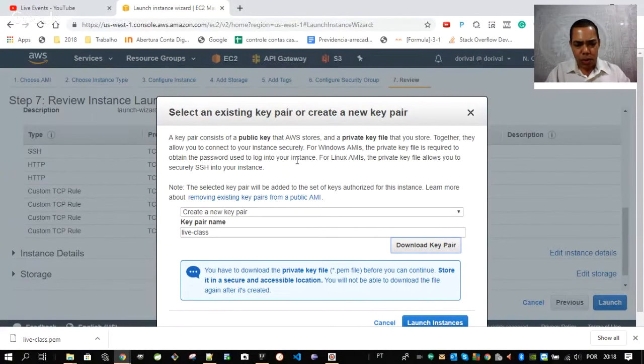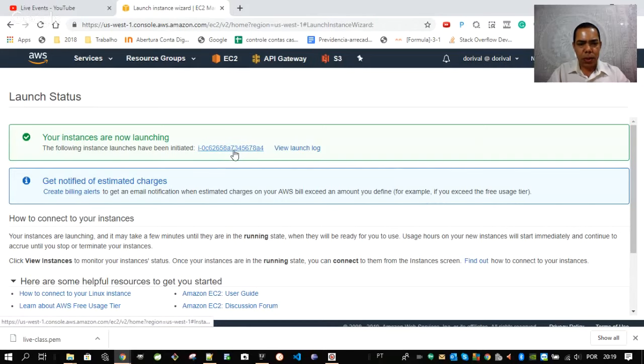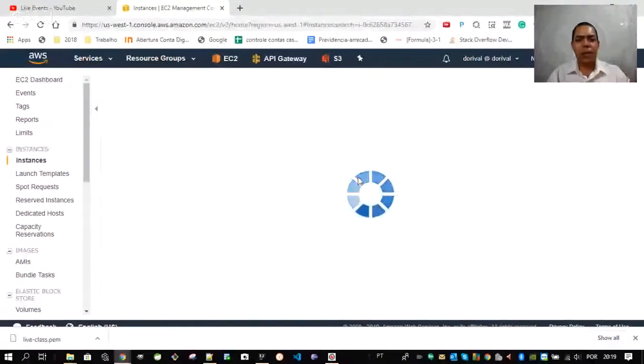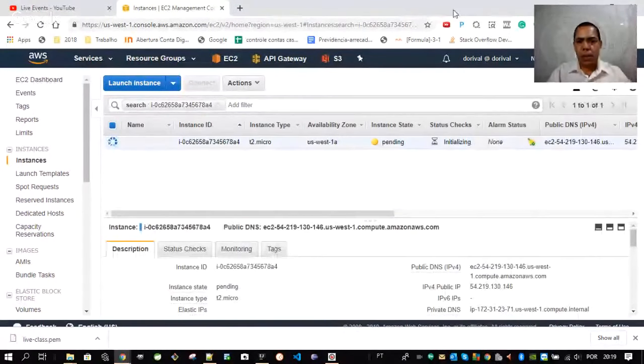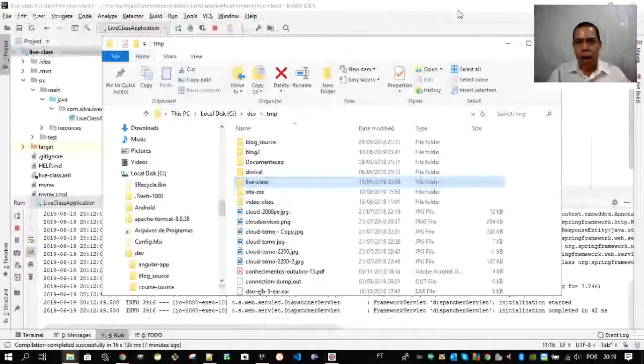An important thing to remember is that you should know where the key pair is stored. Mine is in the download folder, so it's not difficult to find it later. So let's click on launch instance. It will take some time for this machine to be ready for use, but in the meantime, I will